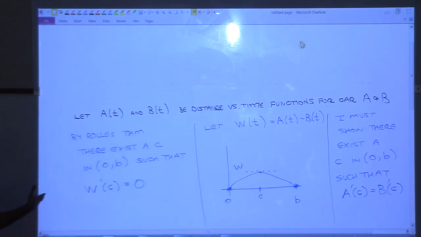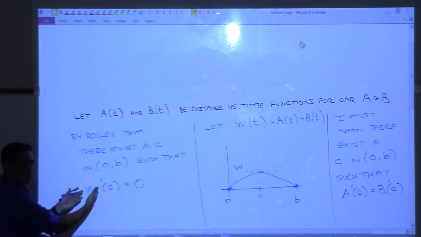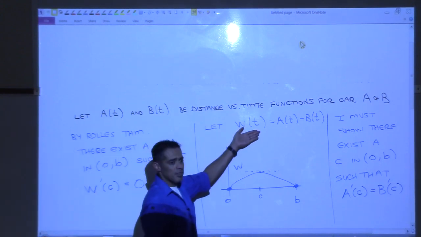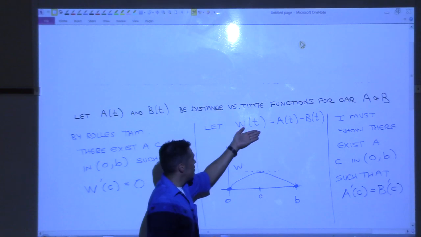Right? But what is the derivative of W? Well, if I tell you W is this, right? What's the derivative of this? Well, it's the derivative of